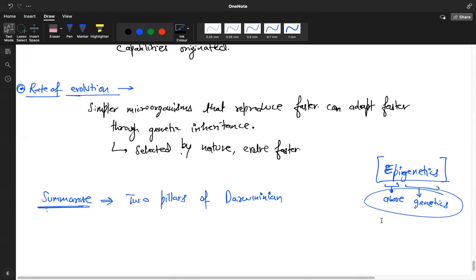So the classical genetics view is that any change in behavior or morphology or anatomy can only occur if there is a change in the DNA. Correct? That's what I have told you till now, and that's what Neo-Darwinian theory also tells. But now that we are calling it Neo-Darwinian, we are also trying to incorporate some aspects of Neo-Lamarckism, which is the epigenetics part. Yes, Arpit, now come with your question.